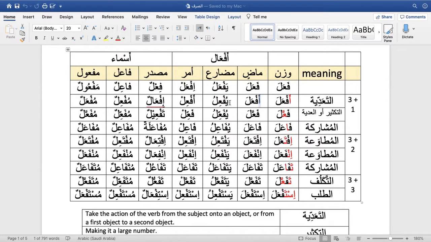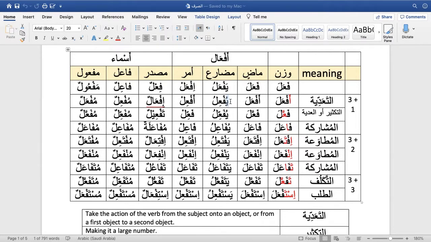In the mudari', the first letter will be the zawaidul mudari', right? Which is either going to be a hamza, alif hamza, ya, noon, or ta, right? You will say, for example, if we take the fi'l ajlasa, it will be if it's ana ujlisu, anta tujlisu,